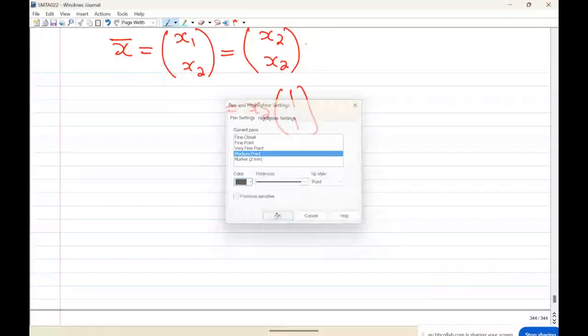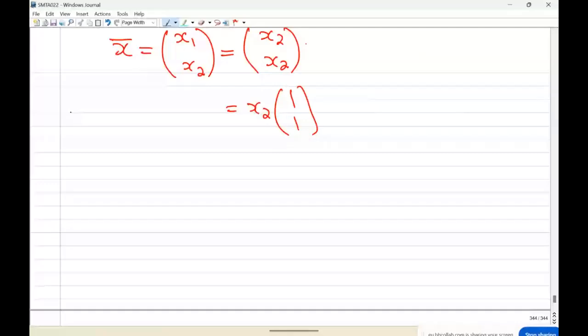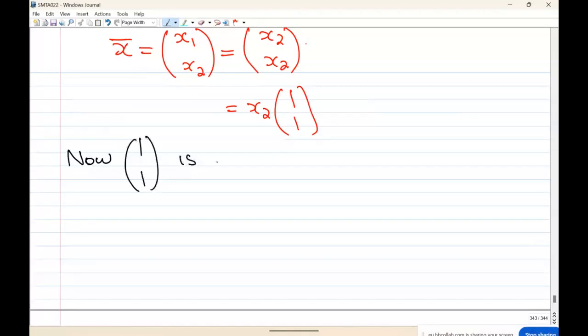So now we can say our 1 and 1 is the eigenvector corresponding